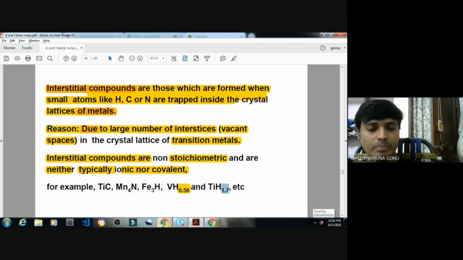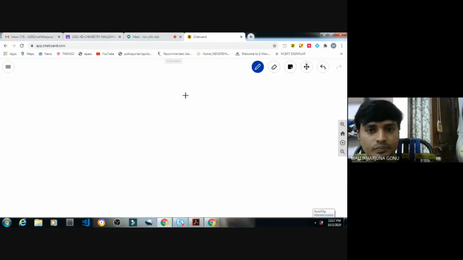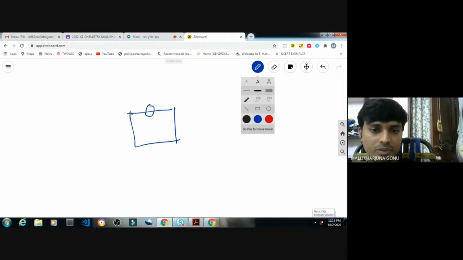So for example, I will write, for example, this is vanadium. Okay, one atom of vanadium. Here, this hydrogen is not inside, it is placed. Where it is placed, this is like half part with one vanadium atom. So another one is there with another atom. So like that. Okay, that depends.